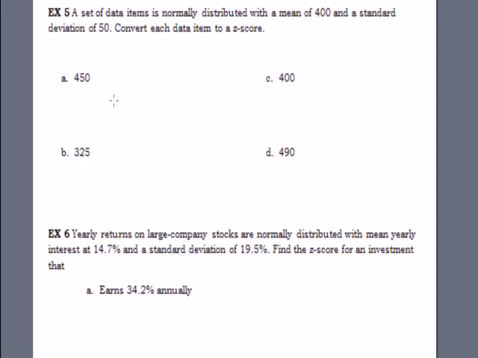In example 5, we're told a set of data items is normally distributed with a mean of 400 and a standard deviation of 50. We want to convert each item to a z-score. To reiterate, a z-score is really just the number of standard deviations away from the mean. And it's a signed number. What that means is that if it's positive, it's going to be bigger than the mean, and if it's negative, it'll be less